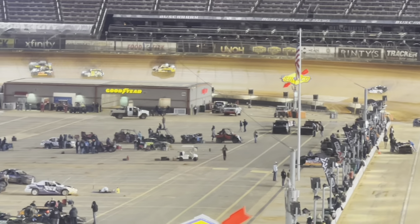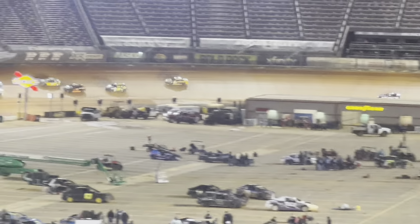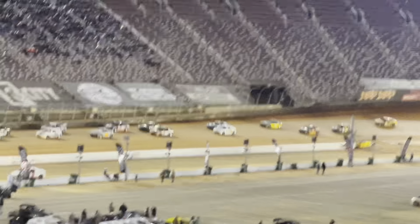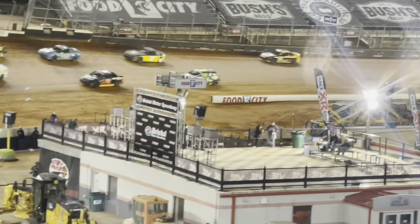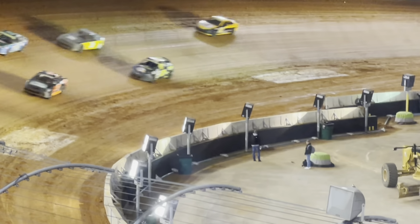Man, oh man, just a quick update here. Donovan Beecham in the 221. We're about to go green here. The rest of the field will give you that update on Donovan Beecham. He is out here in this Beecham race. And he's got